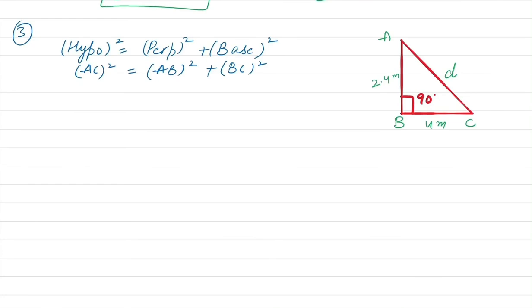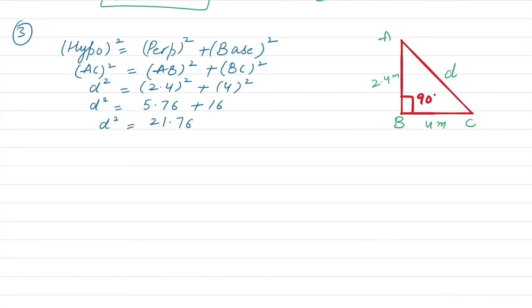Now we can put the value of AC, which is d square, AB, which is 2.4 whole square, plus BC, which is 4 whole square. So now open this one. 2.4 times 2.4 gives me 5.76 plus 4 times 4 gives me 16. We need to add the values. We will get